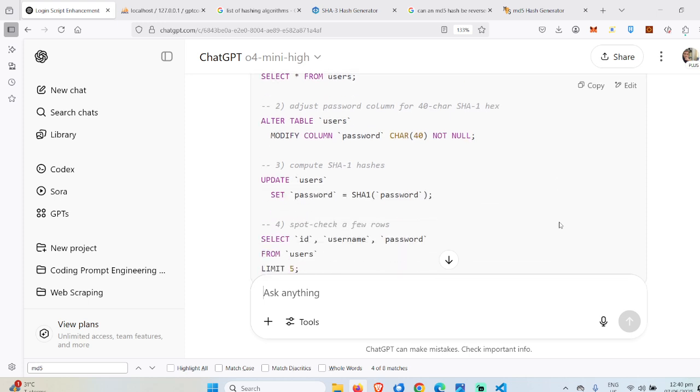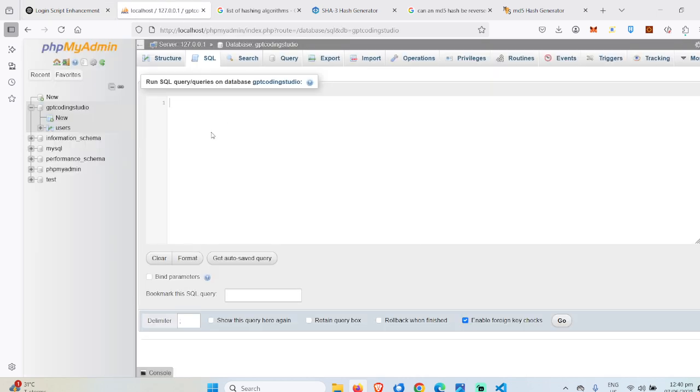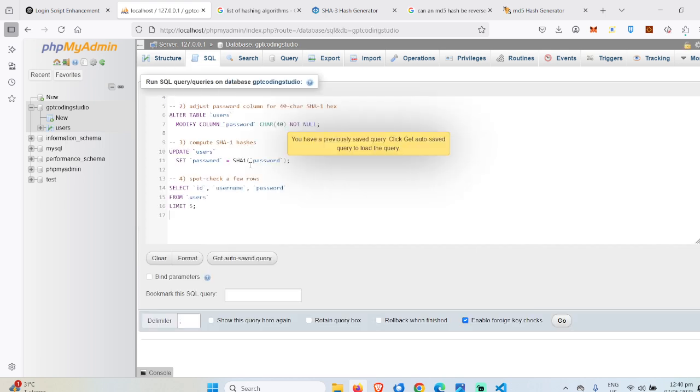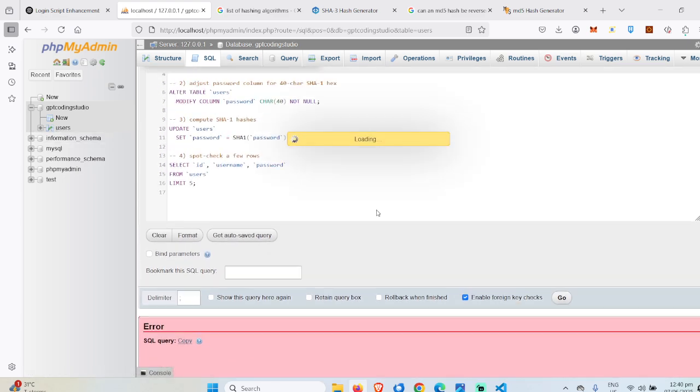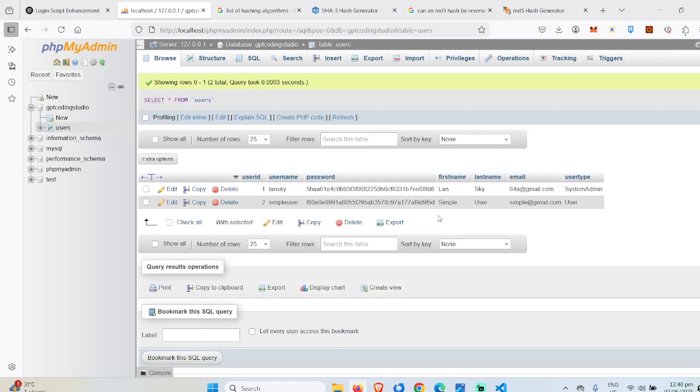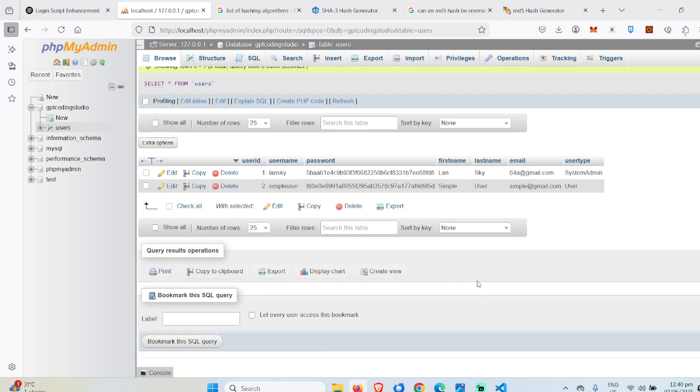Okay, we have this. Copy. Go. Was it converted? It's converted. There's some error, but it was converted.